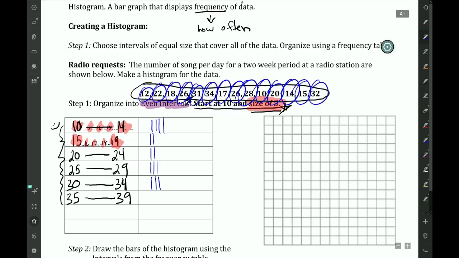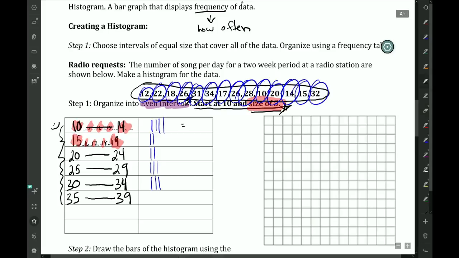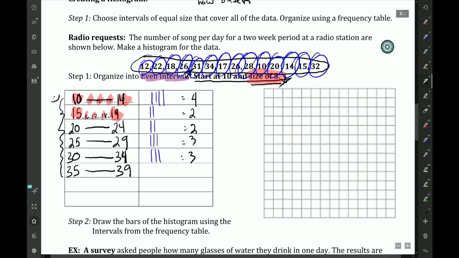frequency. Or you can also write them out as numbers. That's going to be 4, that's going to be 2, that's going to be 2, that's going to be 3, that's going to be 3. And lastly, making these as a graph,